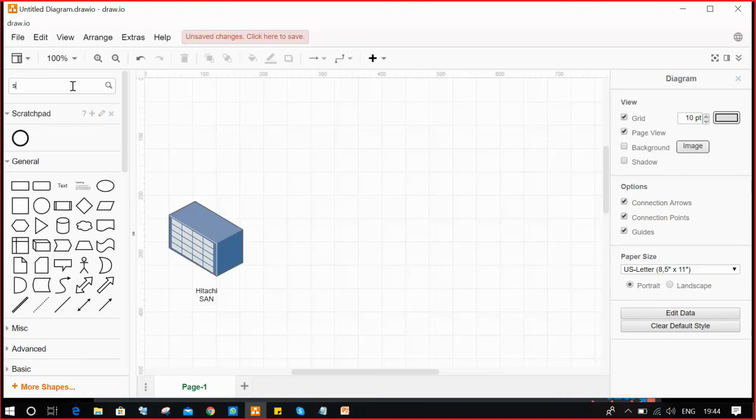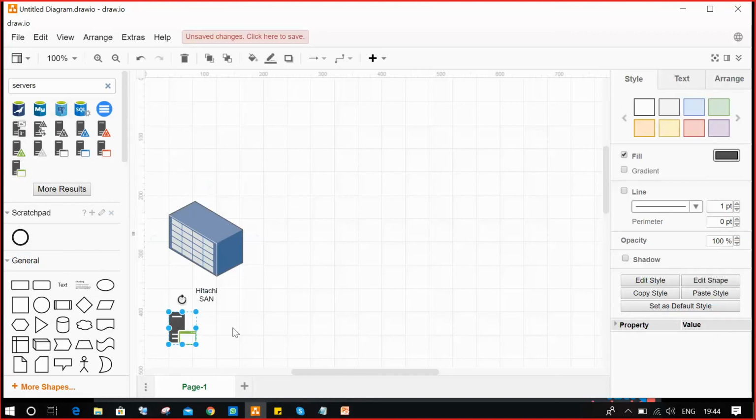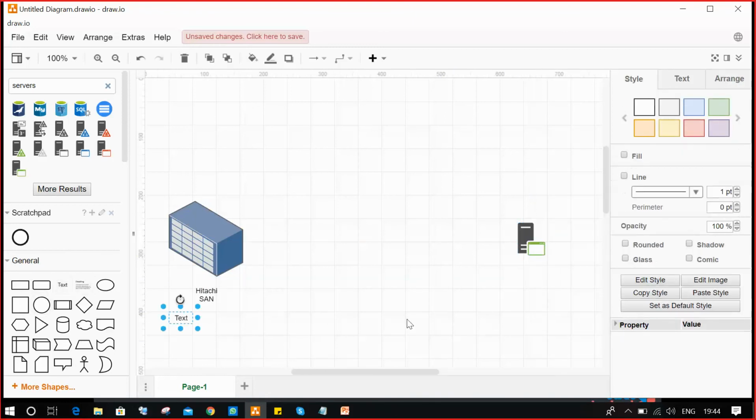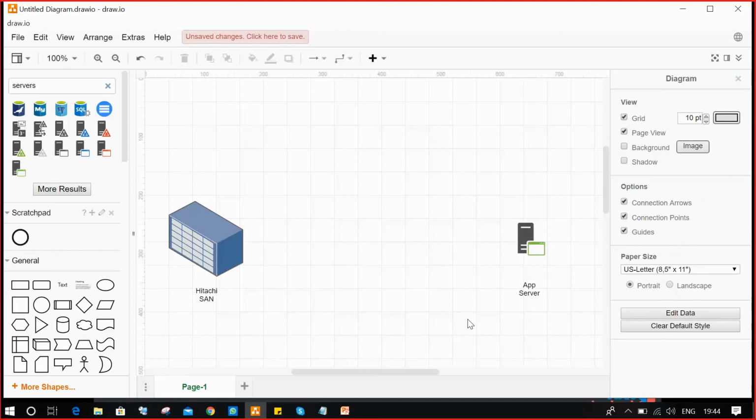We have servers. For example, there is an application server, an app server. They want to place their data somewhere else.